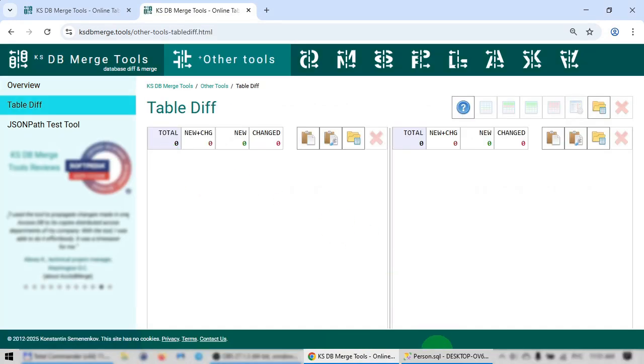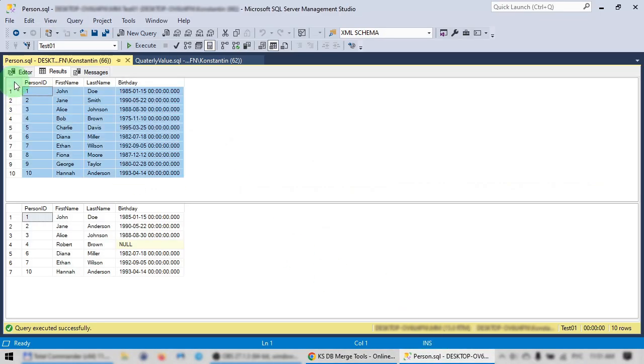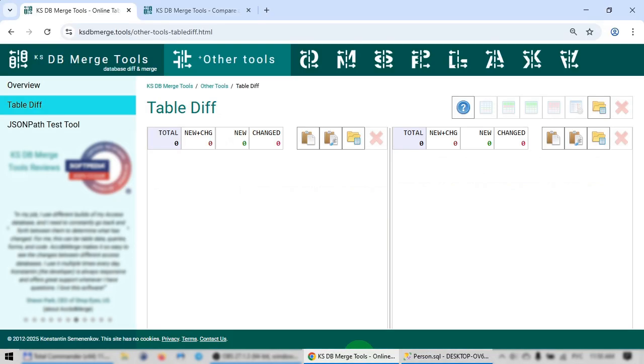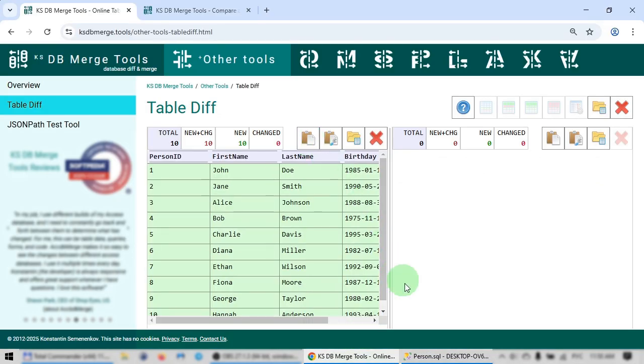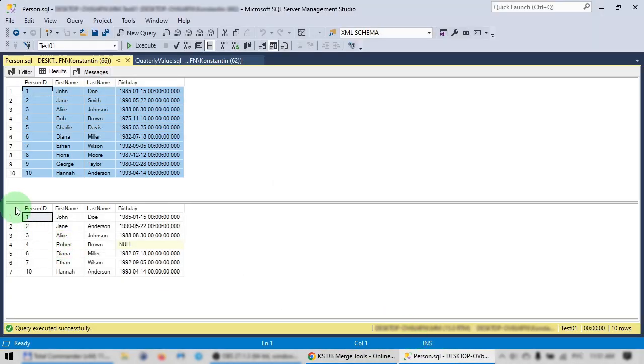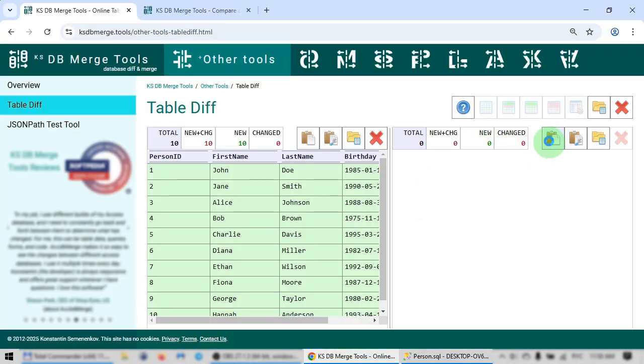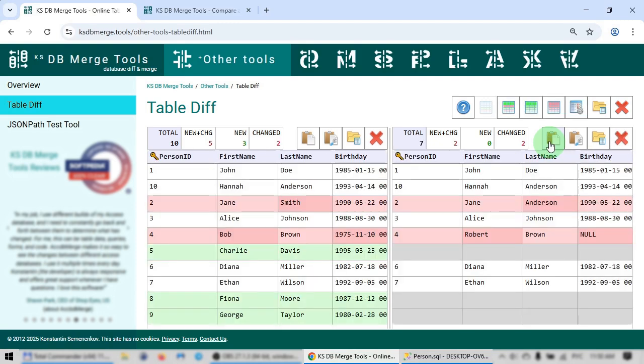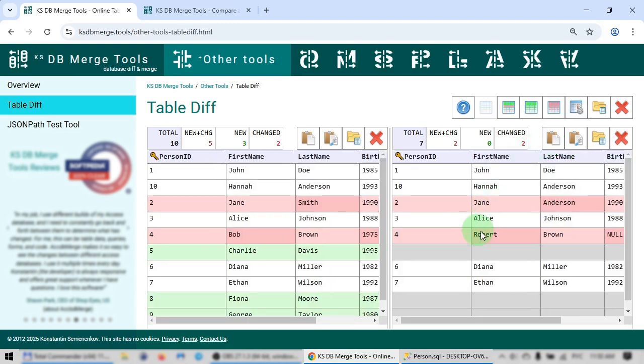Go back to Management Studio. Copy and paste into our diff tool, and then do the same for the second table. And here it is. We can see that the highlighted changes exactly correspond to the changes we made. We can see that person ID is marked as a key, and this allows us to properly match rows between